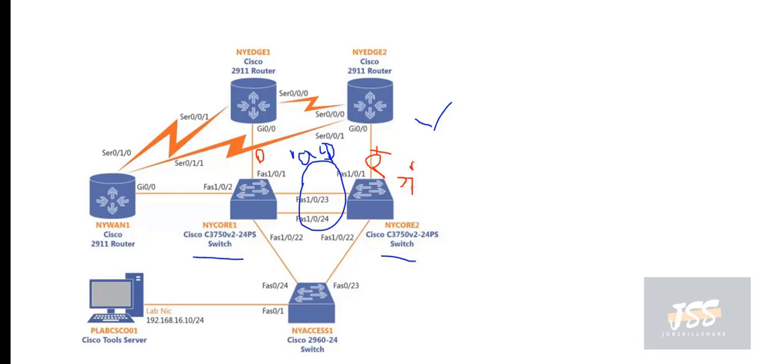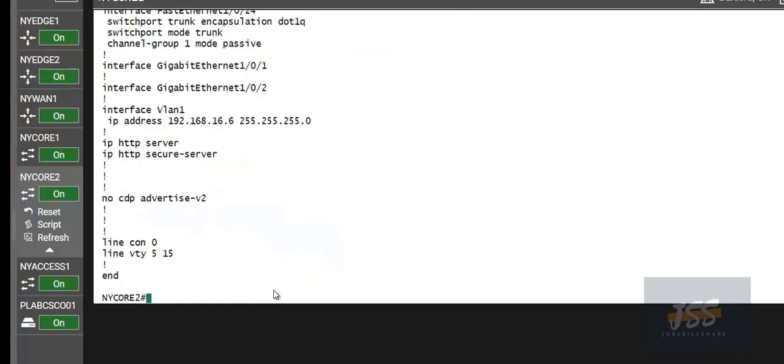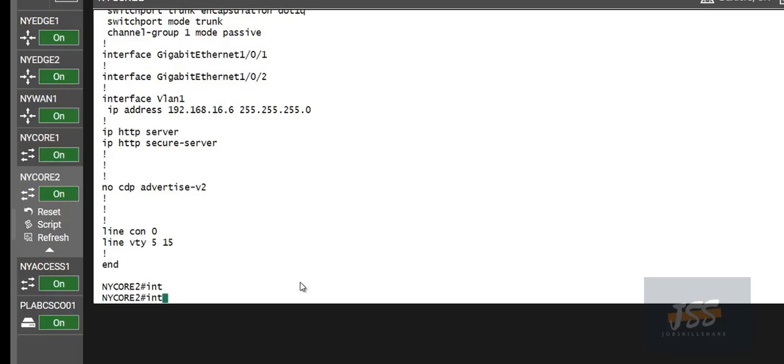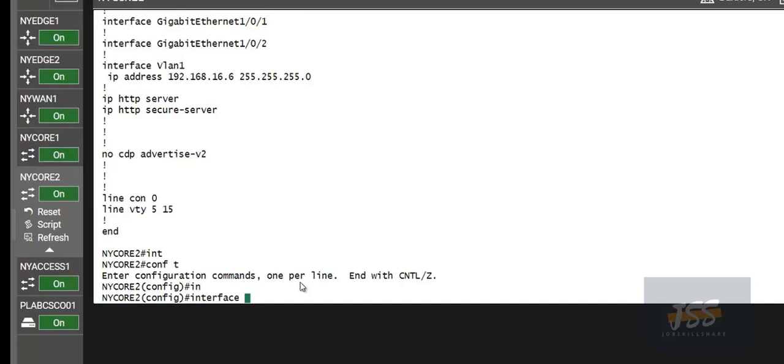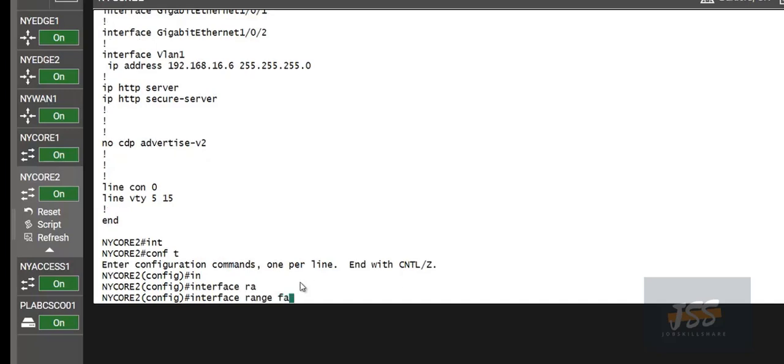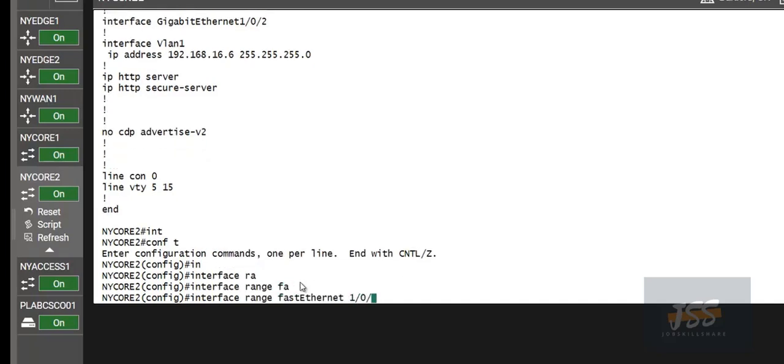For that, we will be moving on to the NY Core 2 router. We will be moving on to global configuration mode first. Interface range FastEthernet 1/0/23 and 24, as both the ports are bundled together.